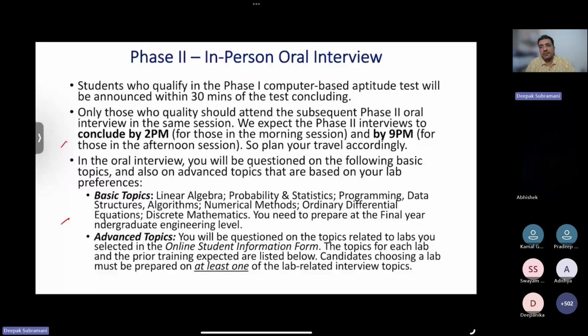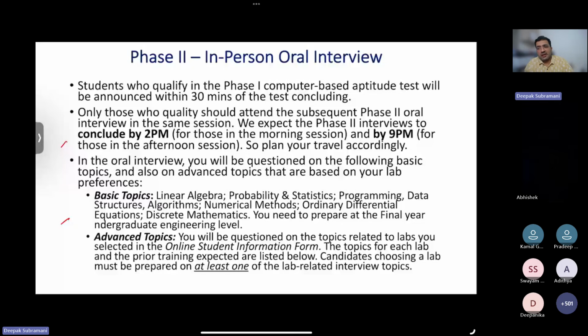Right. So that will be the panel that is interviewing you for most cases, unless we have some schedule problems. Then you might be interviewed with some other lab, but mostly you will be interviewed in a panel that has the top choice that you have. So that will be the panel that interviews you.